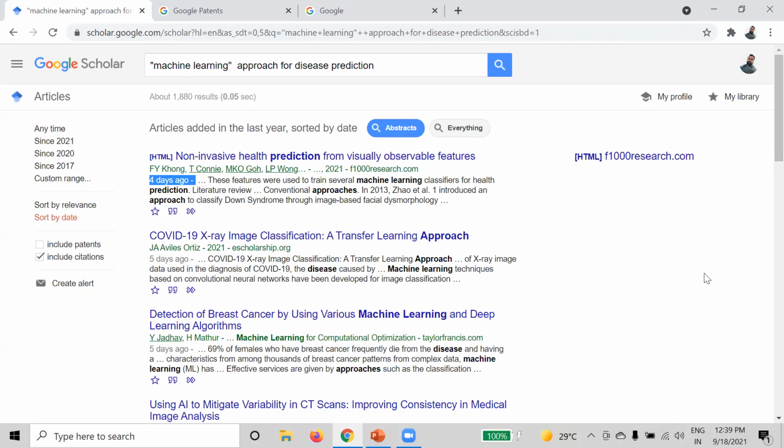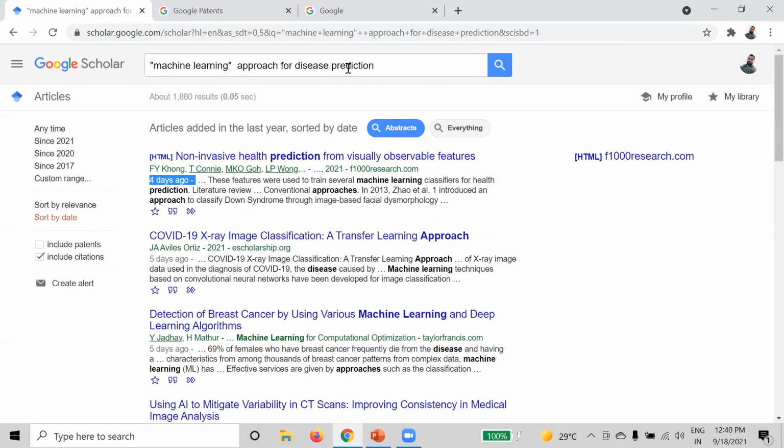Okay, also you can create alerts, so that it will send an email to you every time similar work has been listed in Google Scholar. Okay, so if I'm working on a particular domain and I would like to read some papers related to it, I will just create this alert, and it will notify you whenever the latest paper is listed over here. Okay, so this is how Google Scholar works.